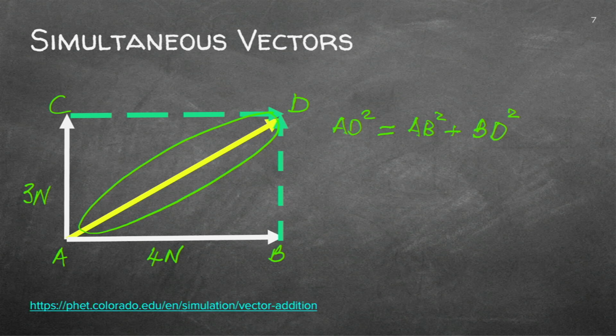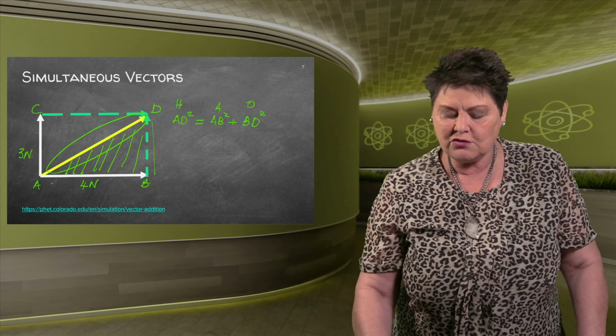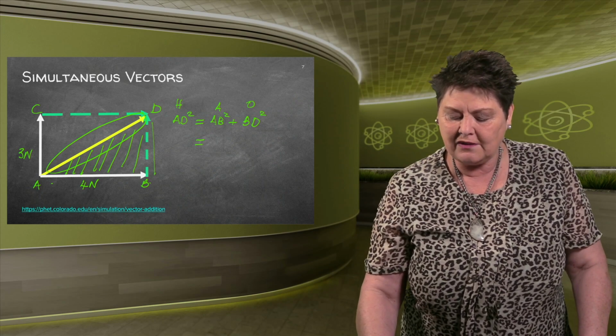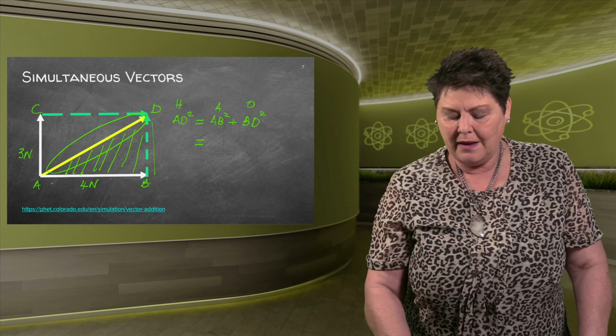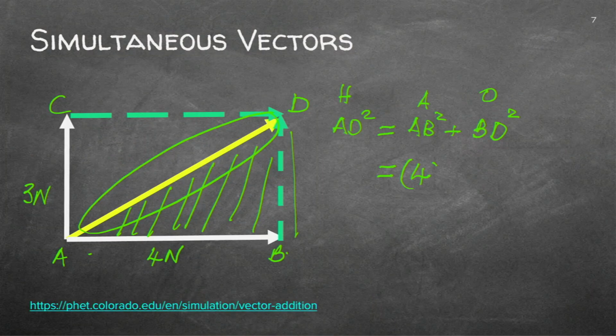Let's take that triangle. So I've got the diagonal, which we call the hypotenuse. I've got AB, which in this case will be the adjacent side, and I've got this side here, which will be opposite. We'll get to working out the angle just now. Let's just try and figure out what the length of the diagonal will be. So AB was 4 Newton, please remember the square. BD was 3 Newton, please remember the square. This will give me 16 plus 9, and that will be 25.